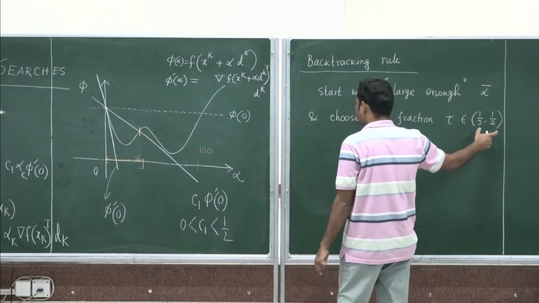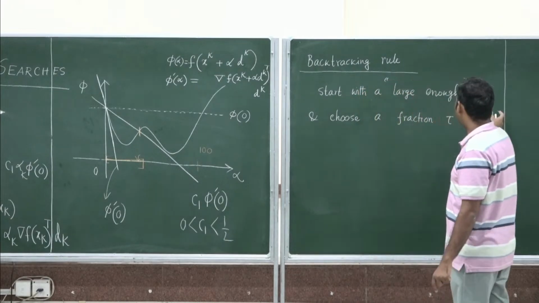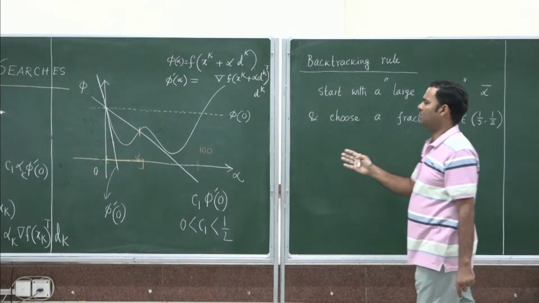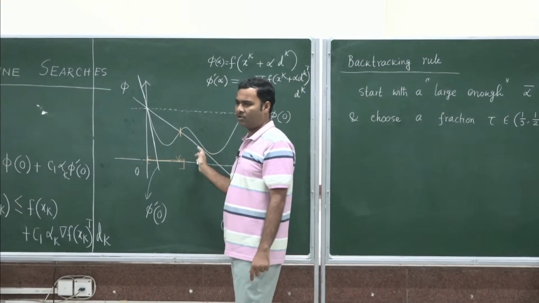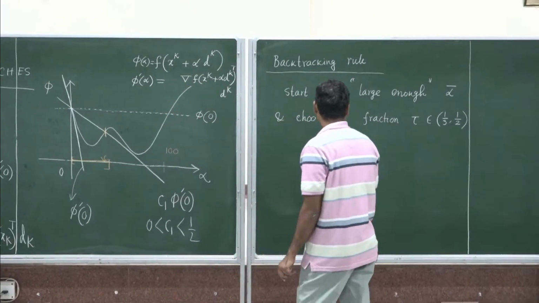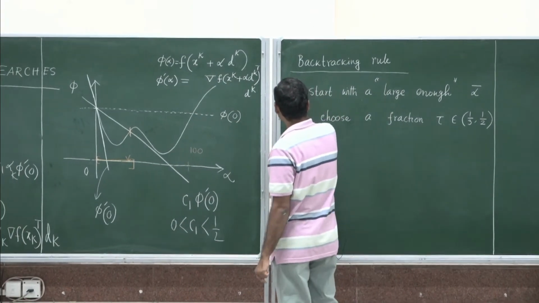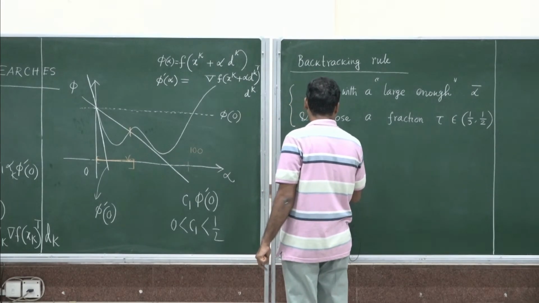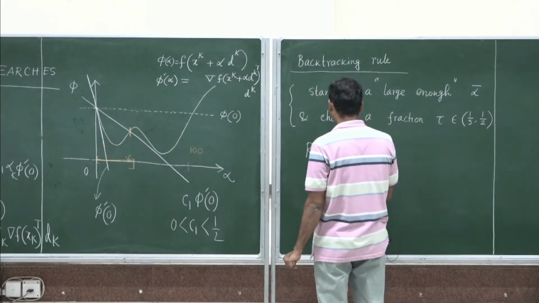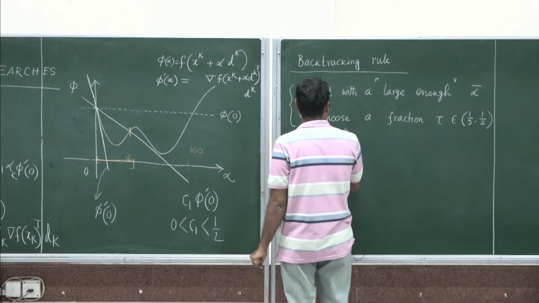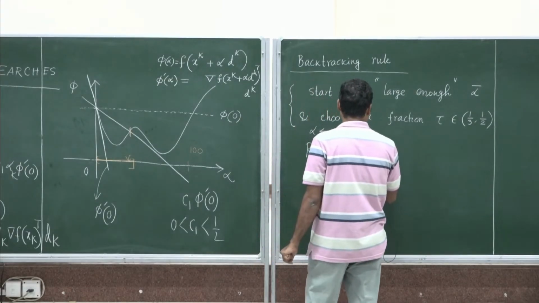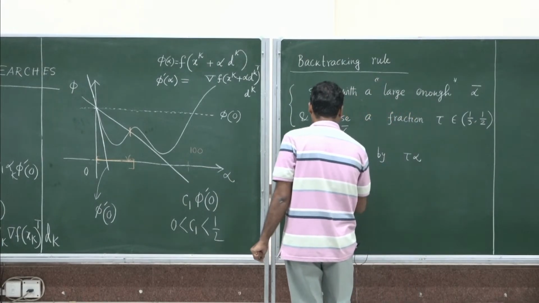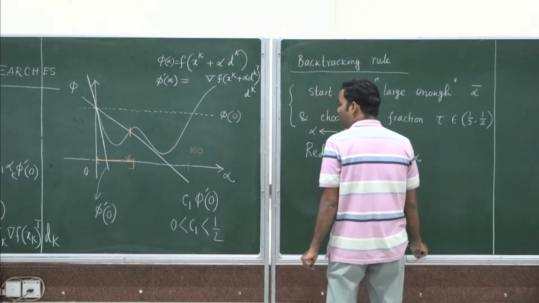It will be simply a fraction, not necessarily in between 1/3 to half. Commonly in practice people choose in between 1/3 to half, but it is just a fraction that you may consider to lessen it by half or 1/3 or 1/4, that does not matter much. Anyway, choose a fraction tau. After these choices, then reduce alpha by tau times alpha until we observe that